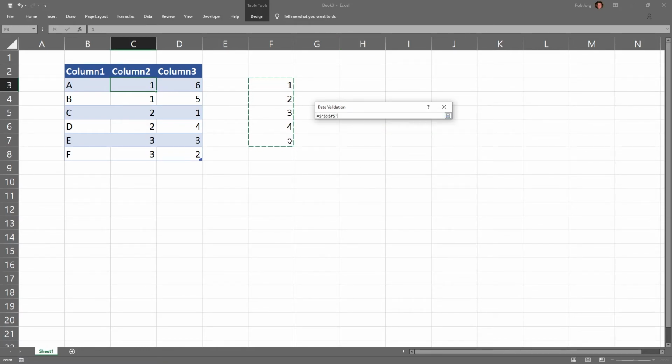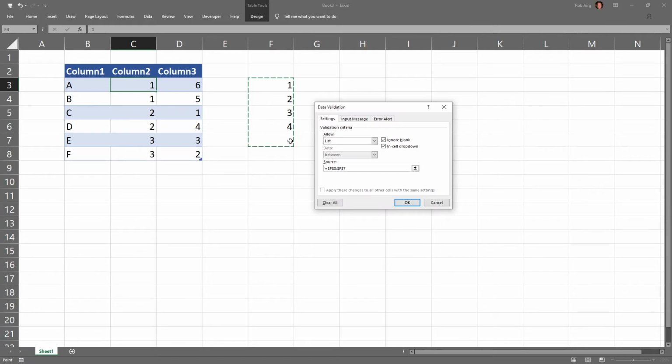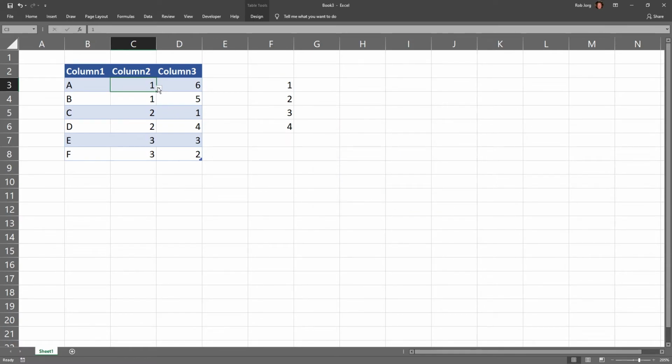You drag it across where you want to find the numbers. In-cell dropdown. Okay, so when you check here, you see 1, 2, 3, 4, and I left one empty. If I add 5, you can see the options you can pick from.